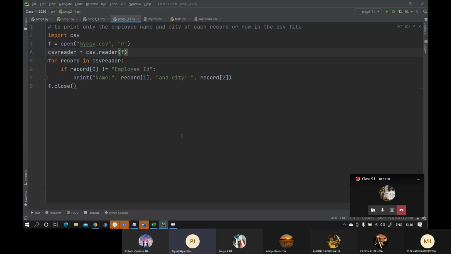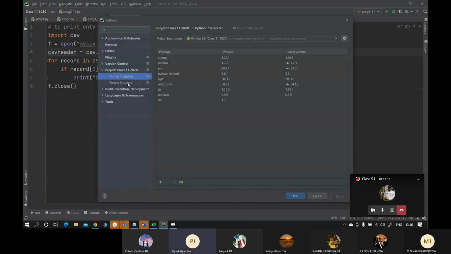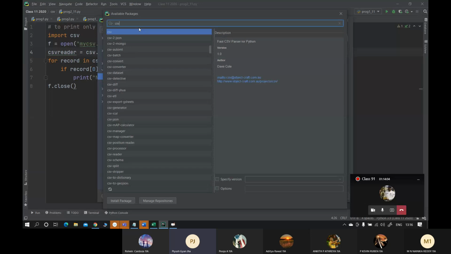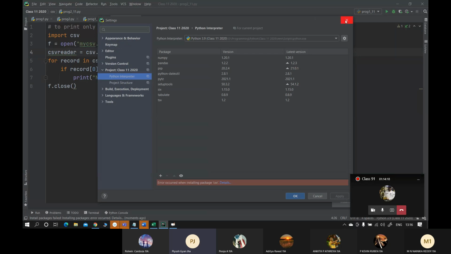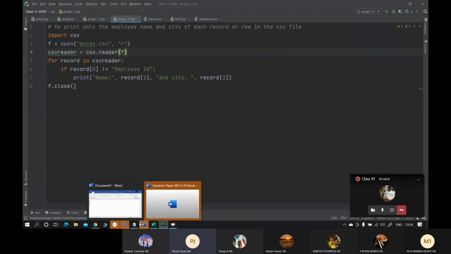Check करो, काम नहीं करेगा उसके बाद नहीं तो यहाँ से कर ही सकते हो, settings से जाके the place where I have shown here, interpreter में click on plus, ठीक है, यहाँ से जाके you can search CSV, so जाके install कर सकते हो. Anyways, in my case I think it is there because it is working, so it's not allowing me to install. Check करना एक बार, it should work.